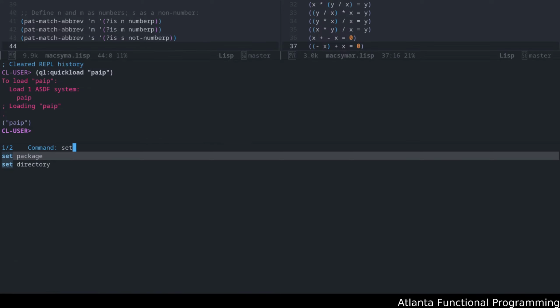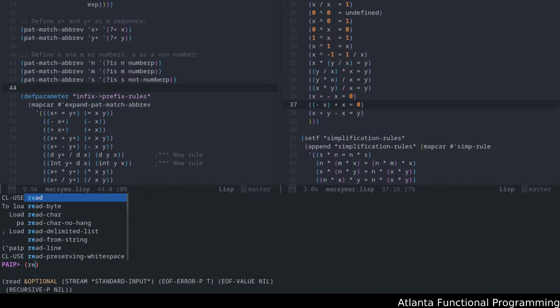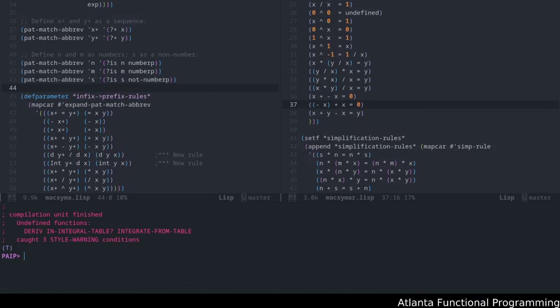So, kind of resetting to what it was before very quickly. Okay. Let's try